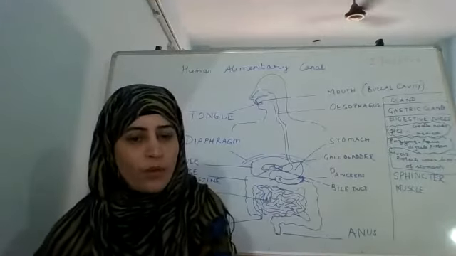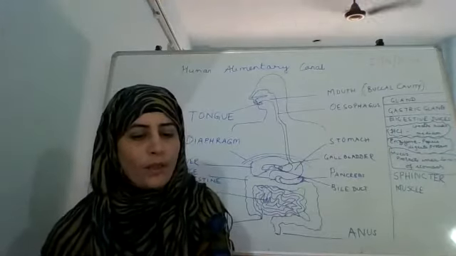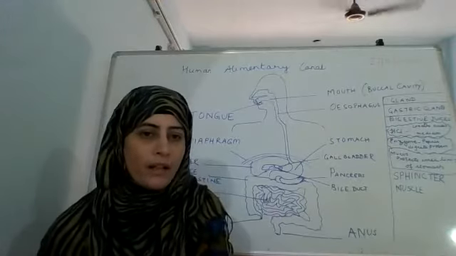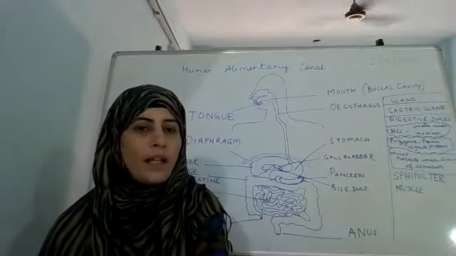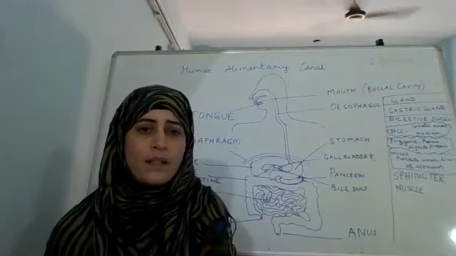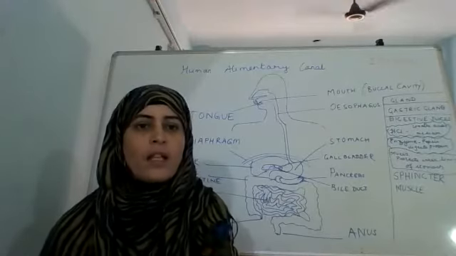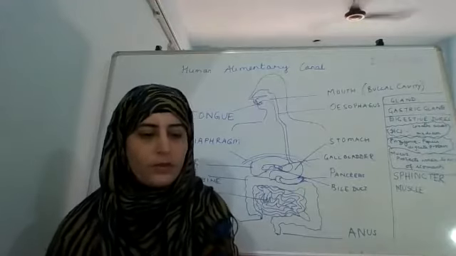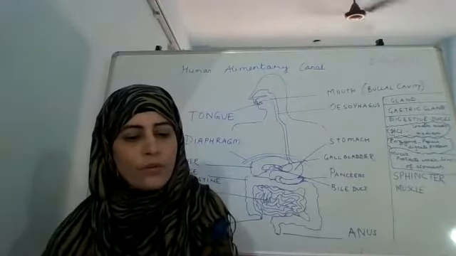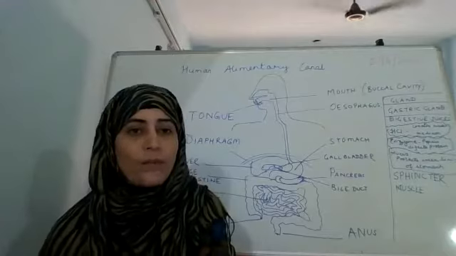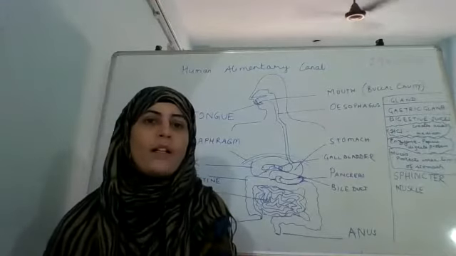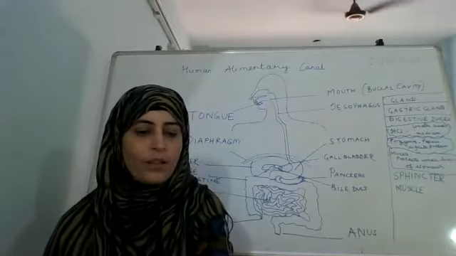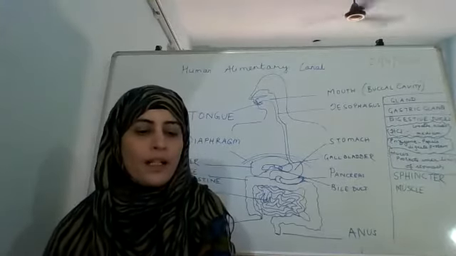But in carnivorous animals, in which they eat meat and other things also, the length of the small intestine is comparatively less as compared to that of the large intestine. Okay. Now what are the examples of herbivores? Like the goat. And what are the examples of carnivores? Like the lion, tiger and all. Okay. So now let us continue.